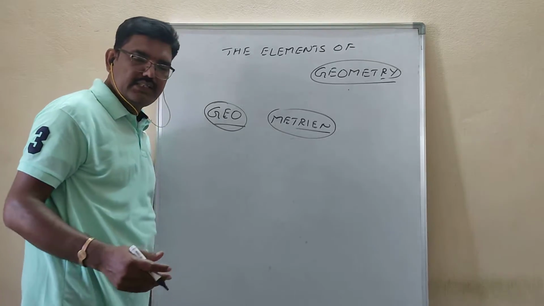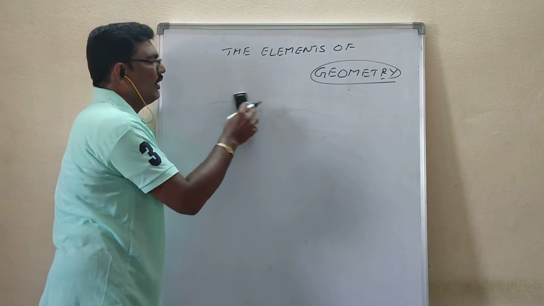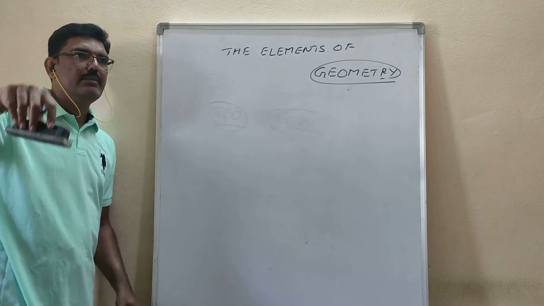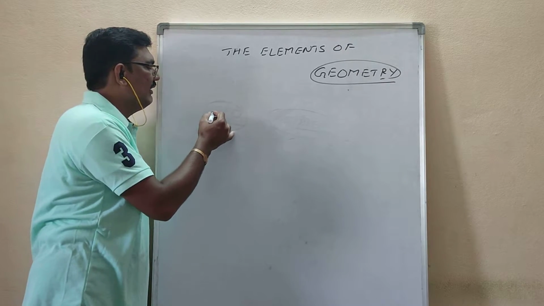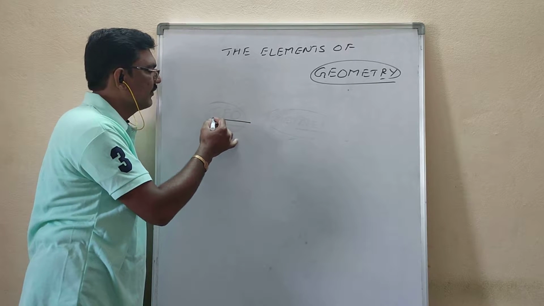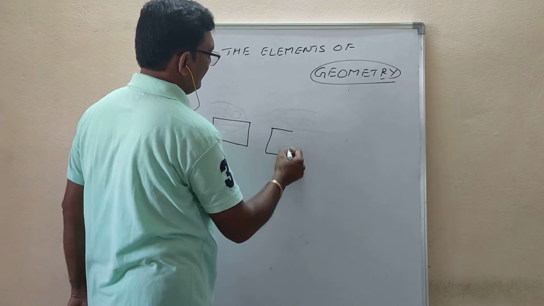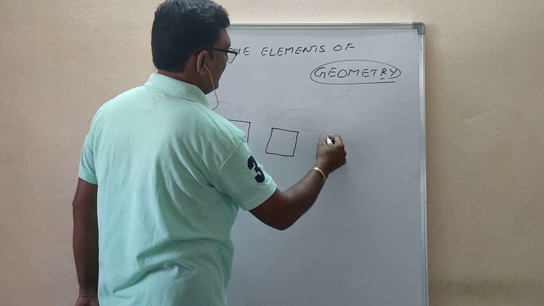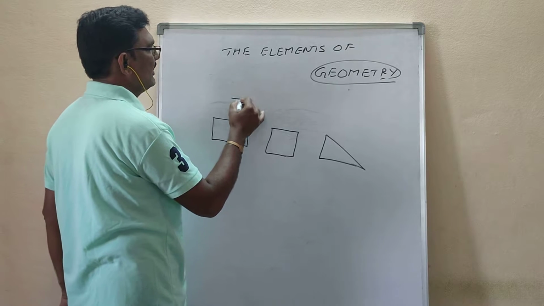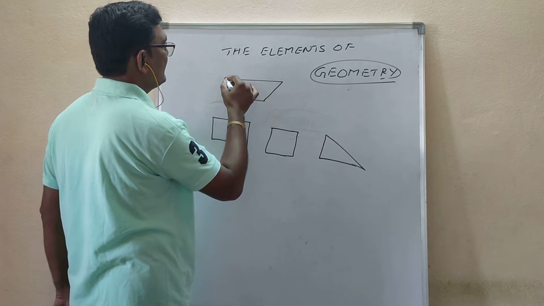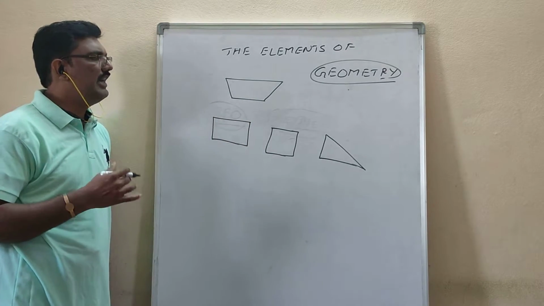To explain this, if you take any plot, your house will be constructed in a place. All the plots maybe will be in the shape of triangles, squares, or rectangles. The plots will be some triangles, and next some trapeziums. So your plots may be of any shape.